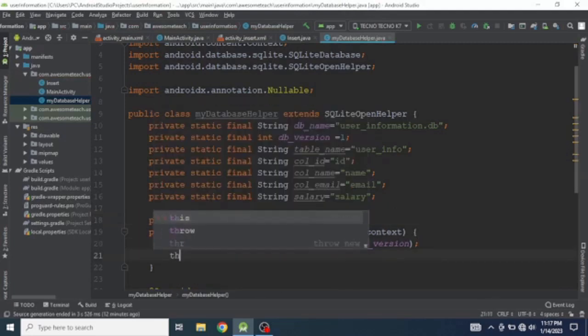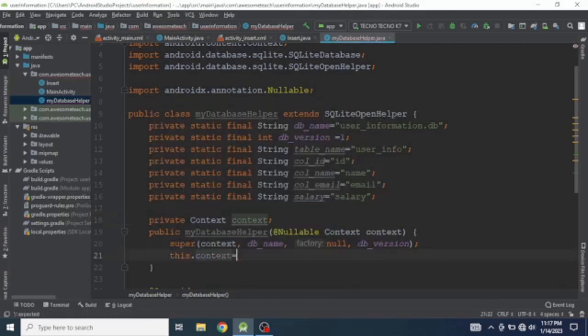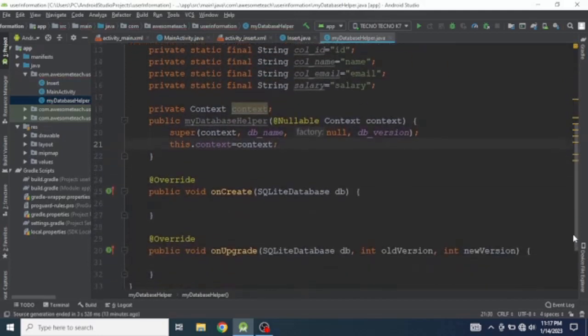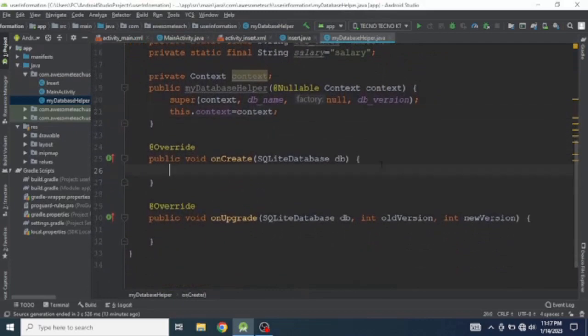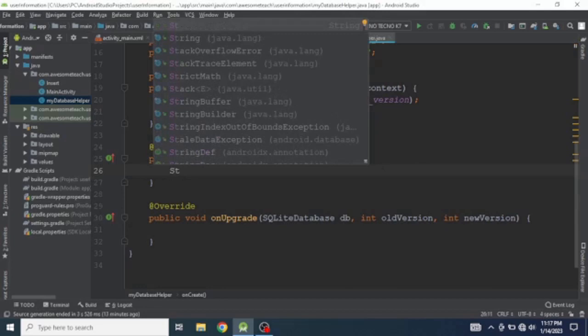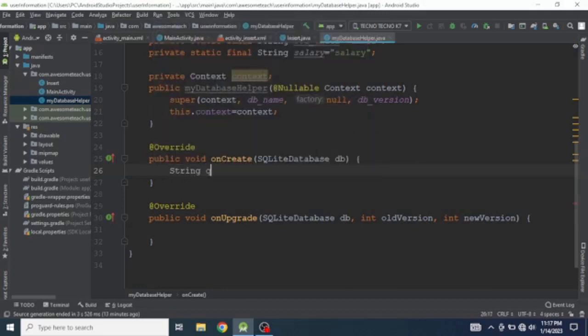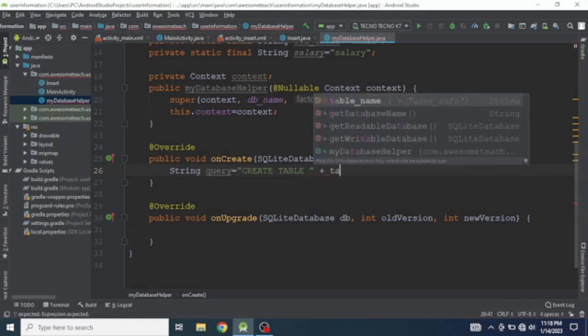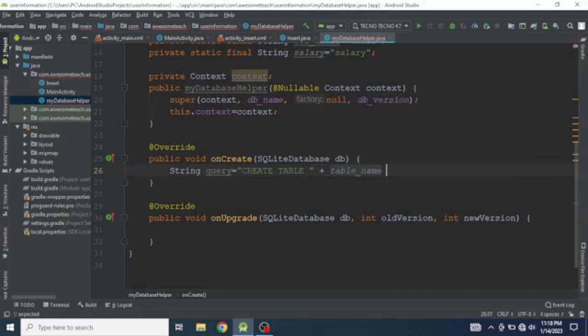So let's instantiate this context. So it is time to create the database table. So let's create a string variable, create table, table name. We have to pass the table name, then